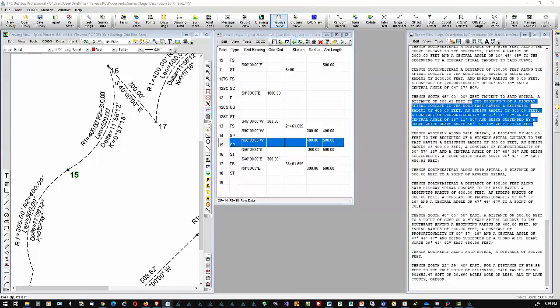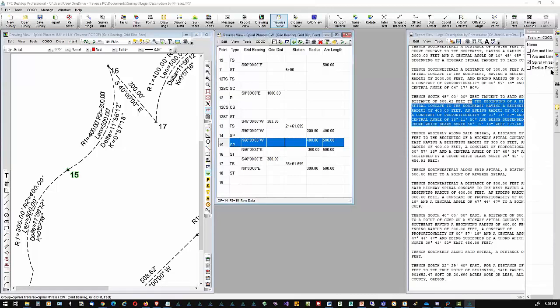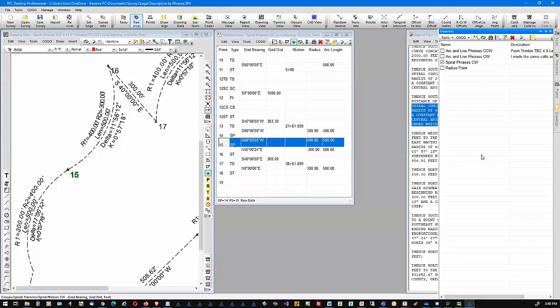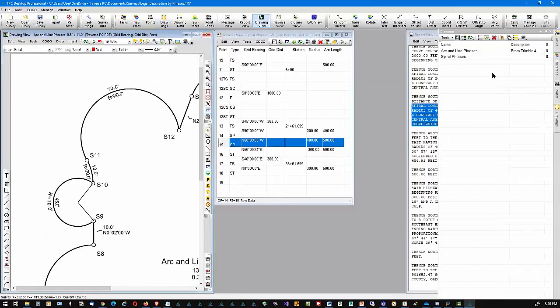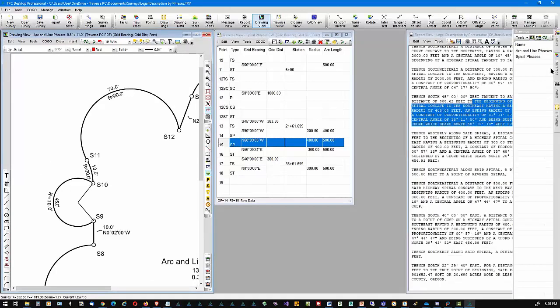Here's a question. Can you talk about the difference between entering curves with COGO as opposed to in a traverse? I did this last month, and the bottom line on this is it's much easier entering them in the traverse view. And that is because, let's get back to curves. That is because just by nature, curves have so many ways to define them that